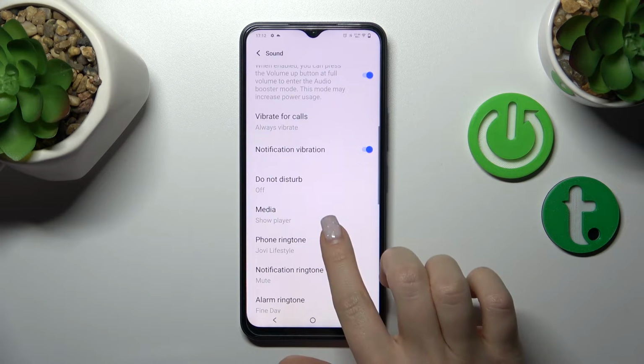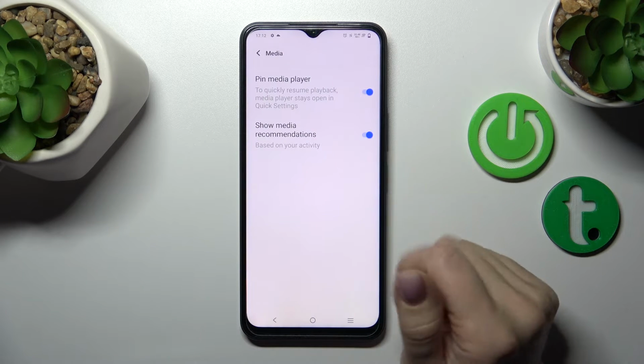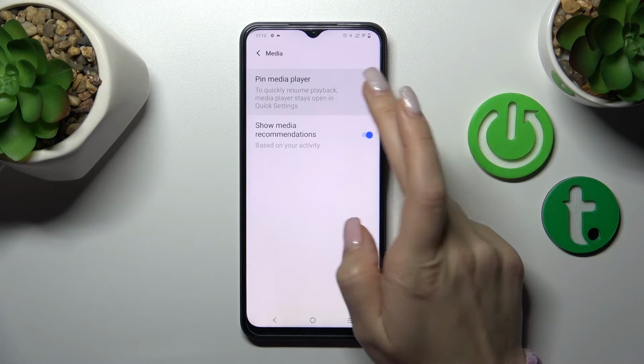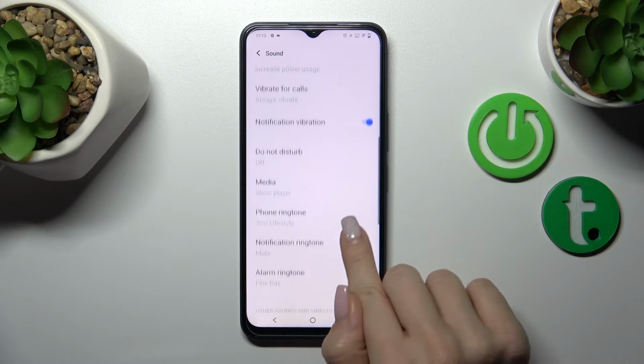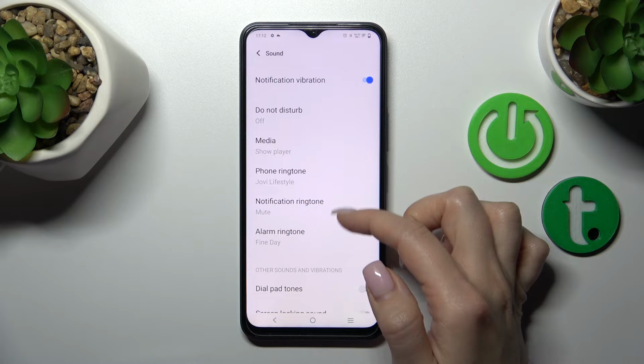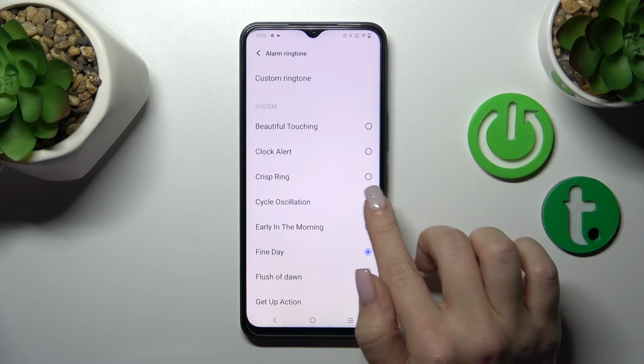So let's go back. To pin the media player and to show media recommendations, we should click on the switchers to turn it on or to turn off this option. Let's go back. To change the phone, notification and alarm ringtones, we should just tap on the section and